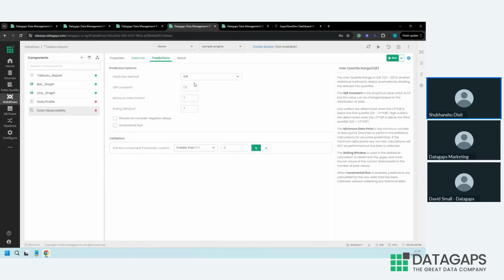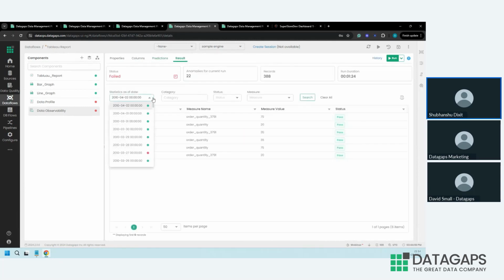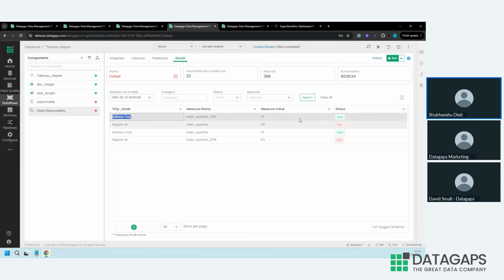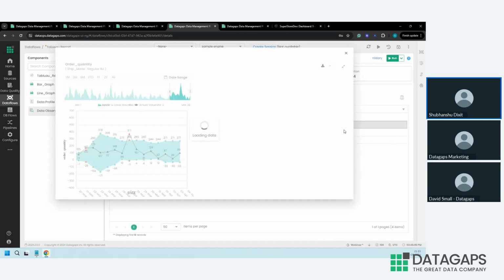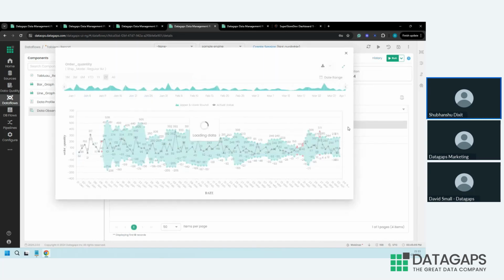And then you get access to a good amount of prediction methods, depending on your use case, as well as a good amount of options on them. And once again, we'll let the graph speak for itself. But before that, you'll see that delivery truck, which is when categorization has not failed, it has passed properly. Regular air has passed. And if you look at this graph, it's very similar to what we were seeing earlier,